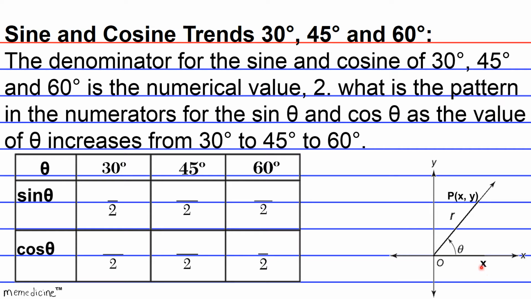So this x is synonymous with this x. They're the same things, okay? And when we resolve it into its y component, it's going to rise to the level of this y. This y is the same as this, okay? So looky, what do we have here? We have a right triangle. And this right triangle is the basis for finding all these trig functions, specifically in our example here, the sine and cosine functions, okay?